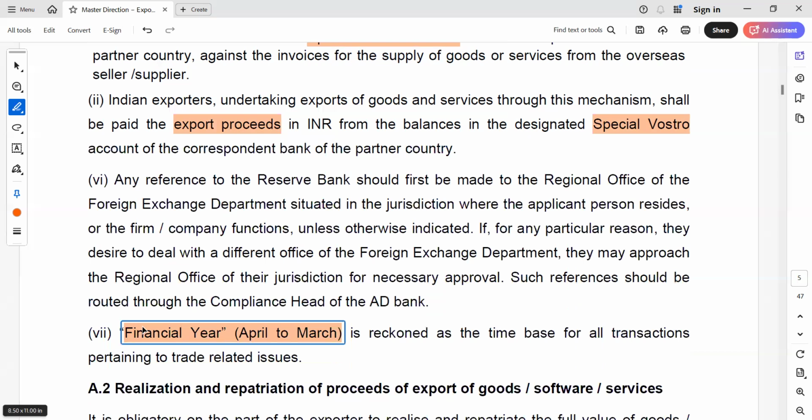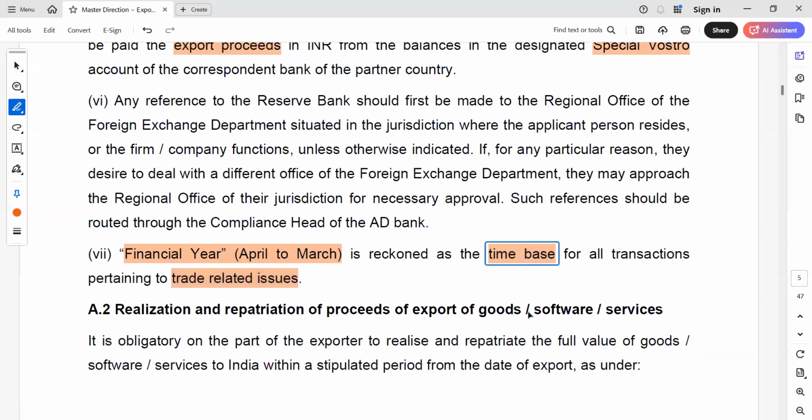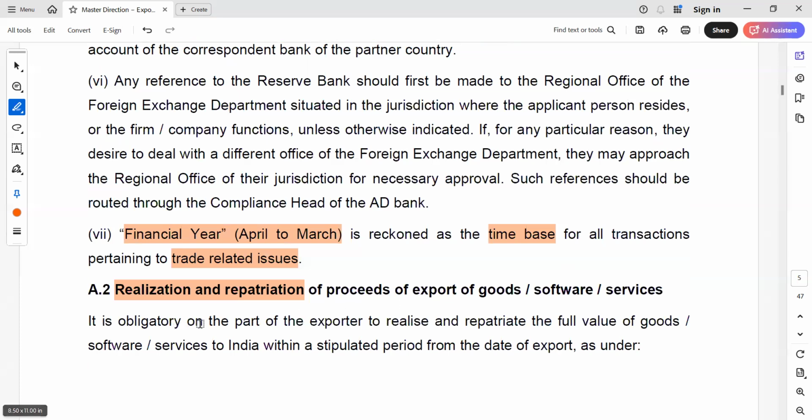Next is financial year. In foreign exchange, financial year is taken from April to March, as it is common in our country. Okay, this is the time base for all the transaction pertaining to trade related issues. Realization and repatriation of exports of goods or software. So let's say it is obligatory on the part of exporter to realize and repatriate the full value of goods or software services to India within a stipulated period।